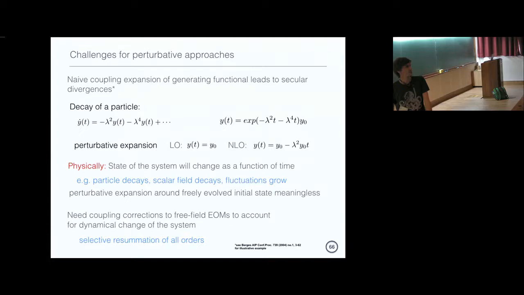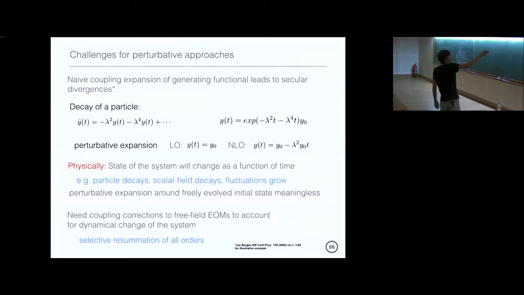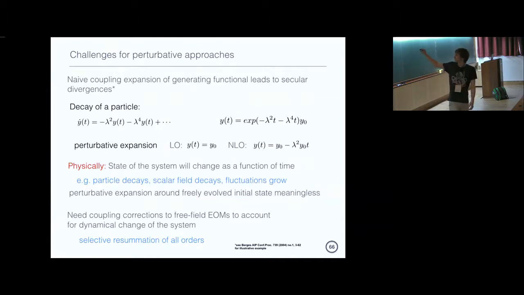In this case, if these were the processes, the next term would come at order lambda to the 6th. This would be formally accurate with the full theory at order lambda to the 6th. That's where the next processes come in. So we're not taking all processes into account, but we're taking a subset of processes and then resumming them to all orders. So it's a selective resummation of essentially higher order processes. That's what I'm arguing should be done. Okay? Questions?